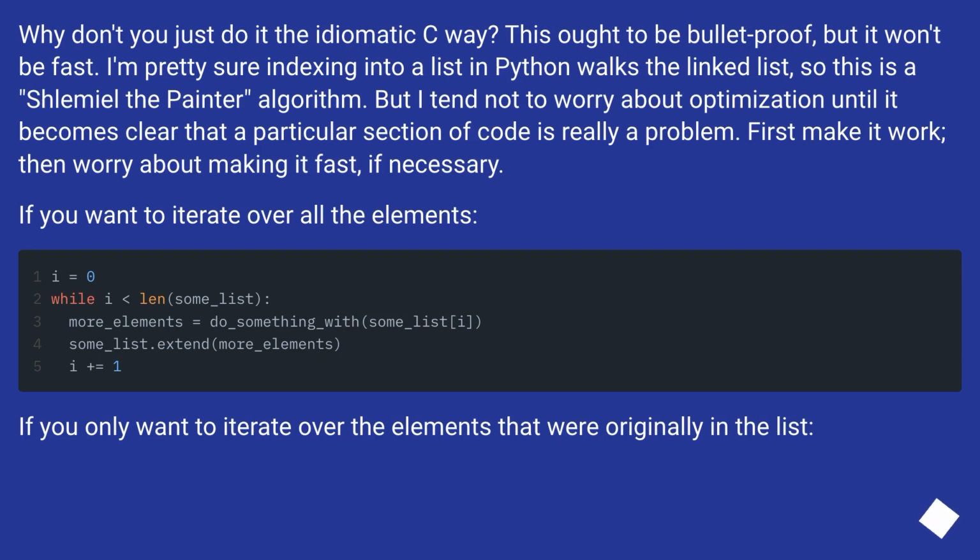If you want to iterate over all the elements, if you only want to iterate over the elements that were originally in the list,